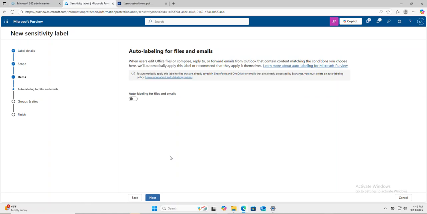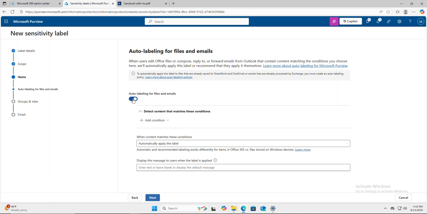Auto labeling for this in email. So you could have people apply the label manually, or you could automatically apply all these labels. And most of the time, the idea is that's what you want to do. You want these labels to apply automatically. But then you need to display the message to users when the label is applied. So anyway,